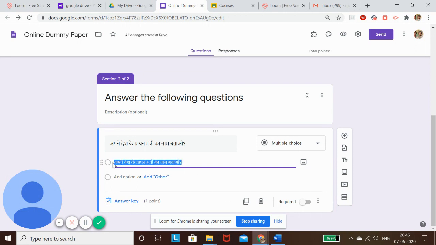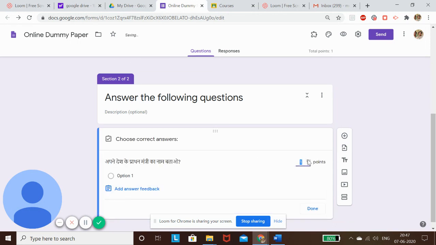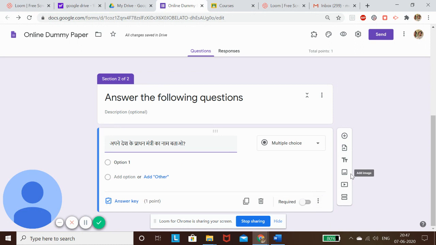Whatever you want to type here, you should first of all get it through the translator on your file and then type it here. So I can have the questions in multiple languages over here. Hindi, Punjabi, any other language is permitted. Obviously, this is not a compulsory question because the student may be able to answer this, may not be able to answer this, but the student wants to proceed to the next question. If I want to increase the marking of this question, I can increase or decrease the marks over here, and then I will press done.